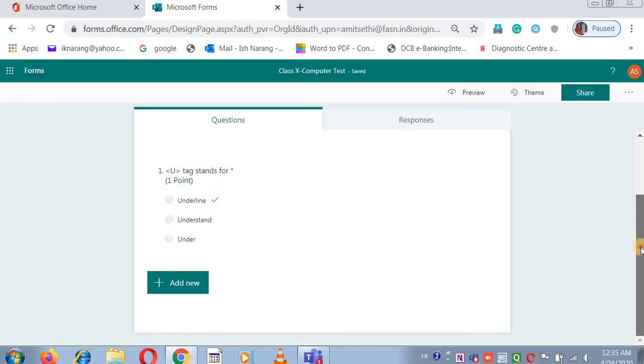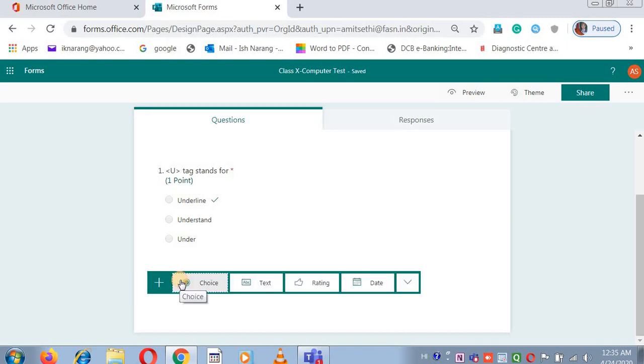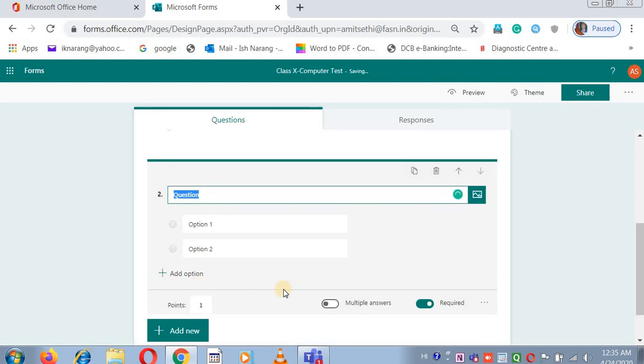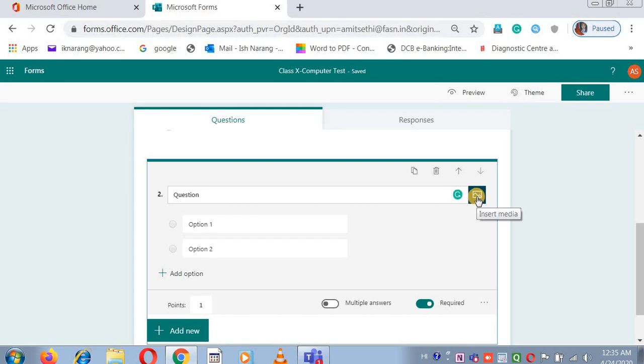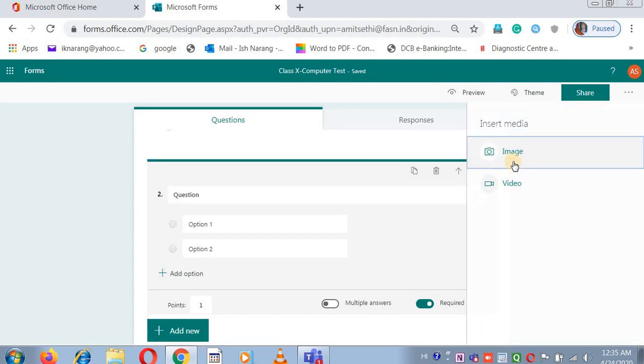Now suppose it is a maths question and we cannot type the equations here. So for that, you can choose the image from here, insert media, and you click on this image and you can save that question in the form of an image on the desktop. So you can use that one and the image will load here. So this is the way by which we can give questions of chemistry, physics, any special symbols that we cannot create here. So we can go this way.